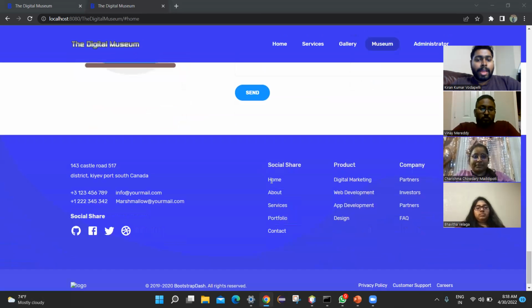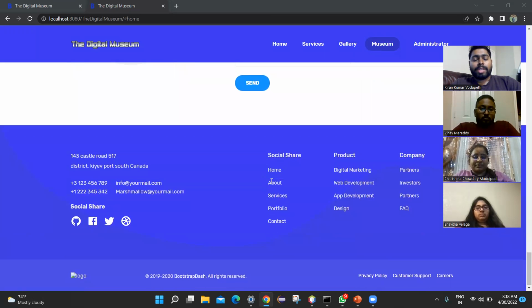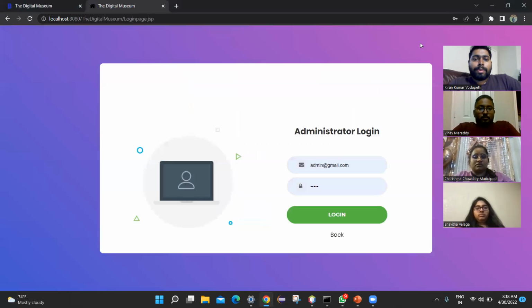And we have a fat footer which has all the details and links, and we designed it in a way that it should be very attractive. The administrative module is a different module, a different entity especially for the management. So we created a separate page for that, which does not include everything on the top, because it's a separate module. So we want to keep it that way.